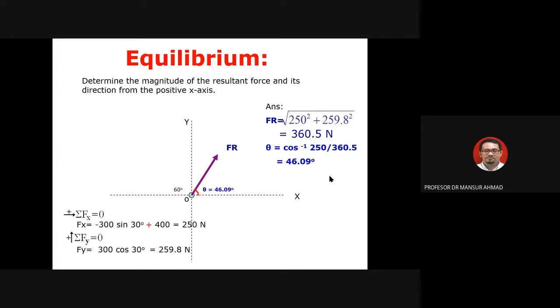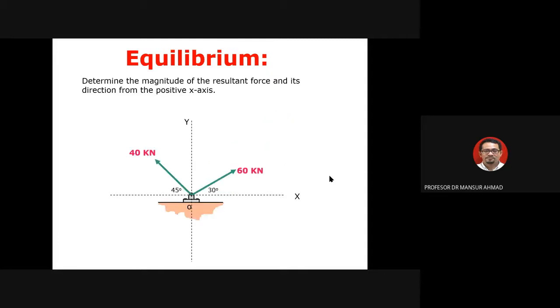Okay, any other question? Tak ada ya? Okay, so let's proceed to the next one. If you have any question on this one, we can always go back to this one. Okay, let's look at the second one. This one is I told you that the first example is simple. So what I'm doing here is I'm building up the case.